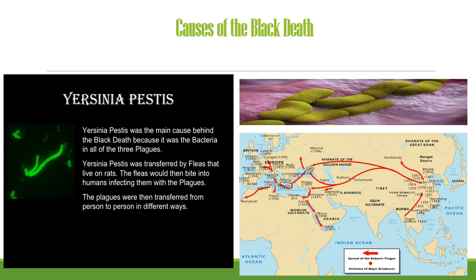However, and this is when it really, of course, got bad, the plague was then transferred from person to person in different ways. So it's one thing if it can be transferred in the first ways from animal to animal, or animal to people, but then when it could become transferred from people to people, person to person, it becomes a much more serious consequence for humanity, as we well know, sadly, from recent or fairly recent events.